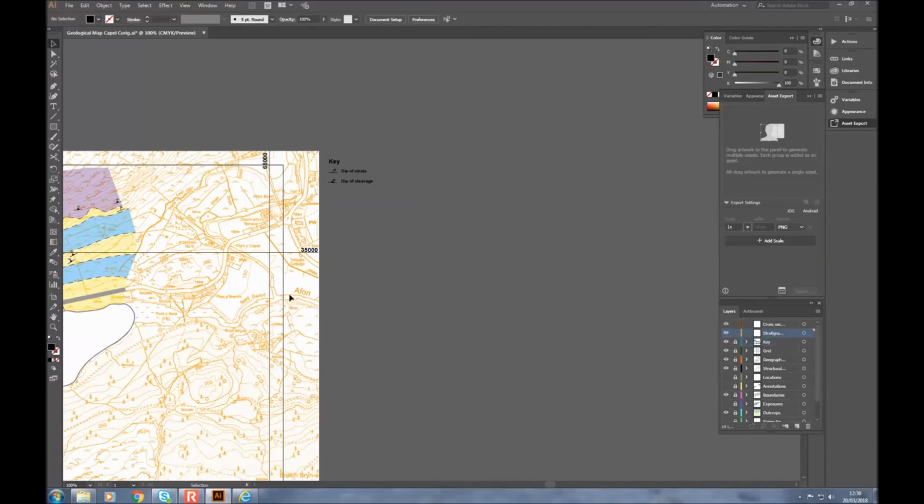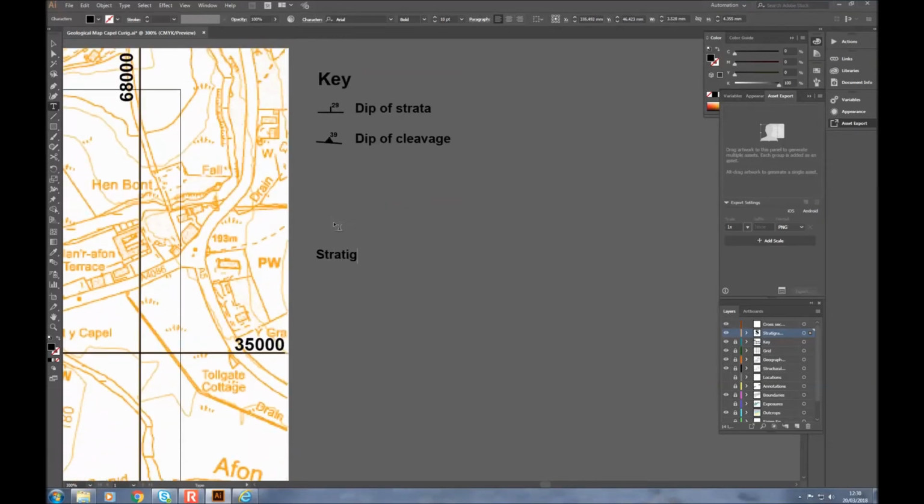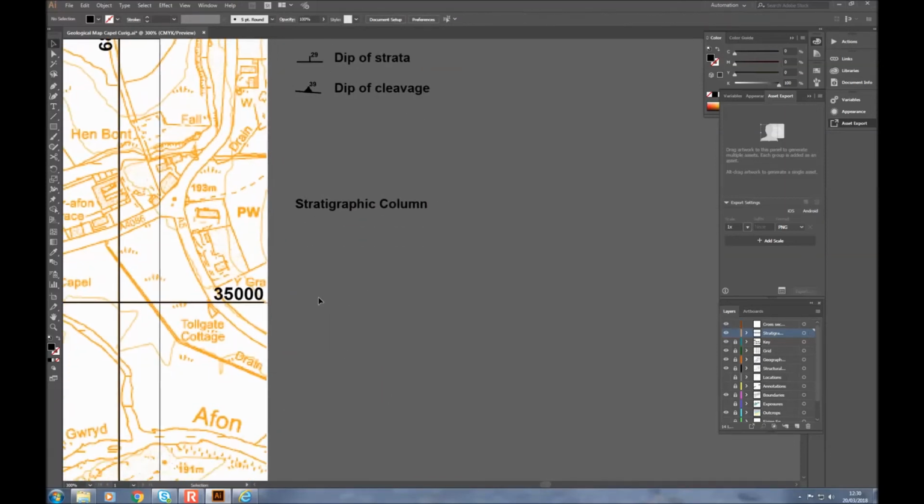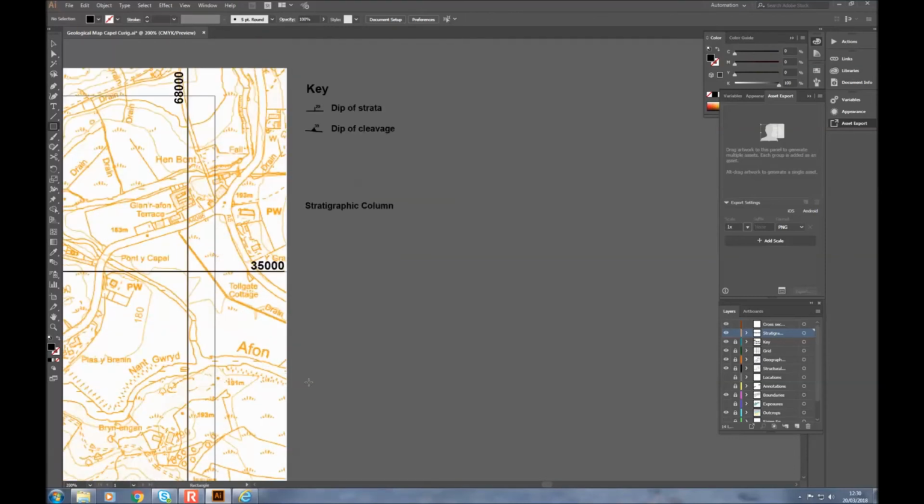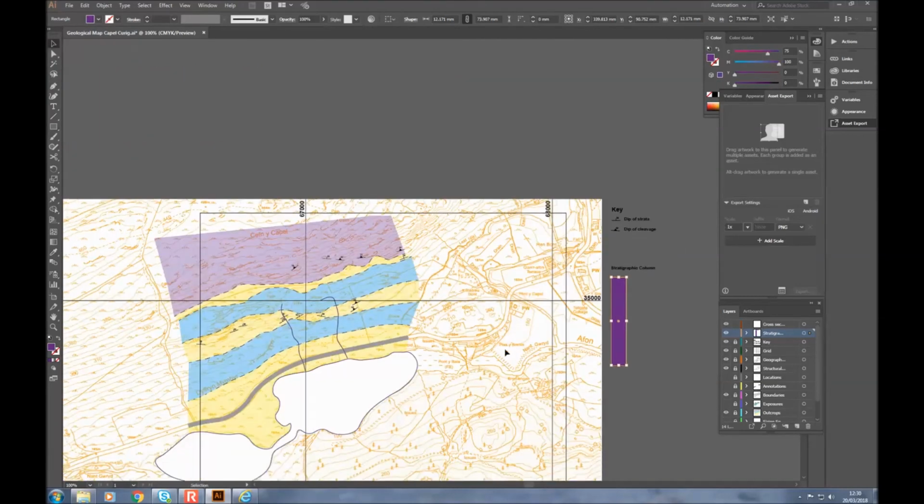Then what we might want to do is have a stratigraphic column. So beneath our key we might have a stratigraphic column, and based on your measurements that you took in the field, or otherwise from your interpreted cross-section or your map, you can produce a stratigraphic column which is scaled to be the correct thickness. So let's say that the top of our stratigraphy was made out of that purple rock, and then the next